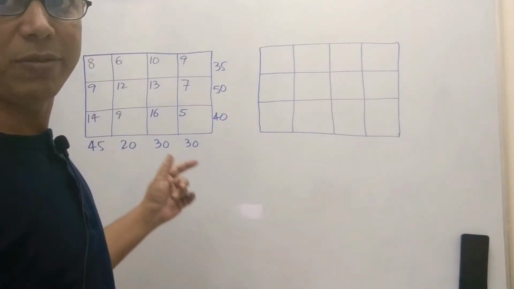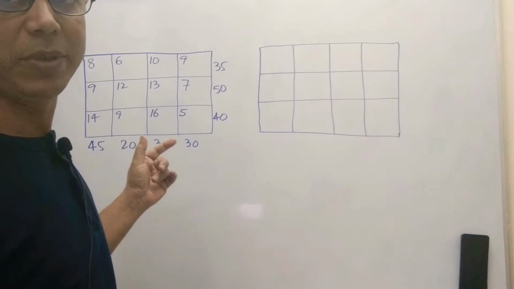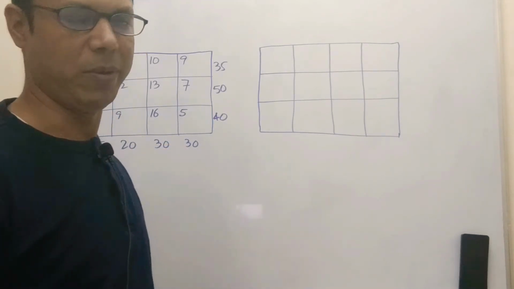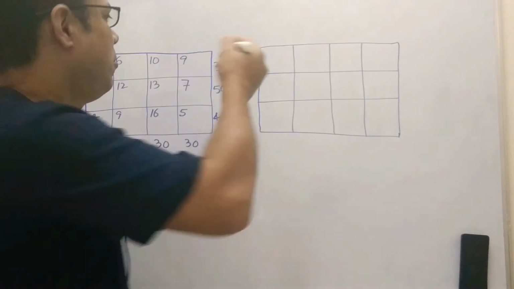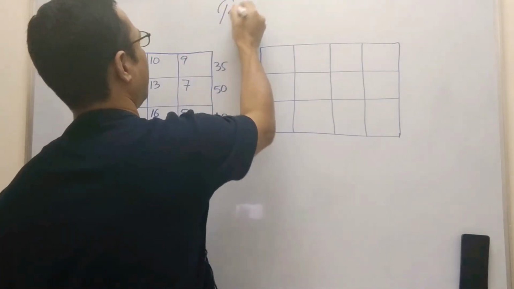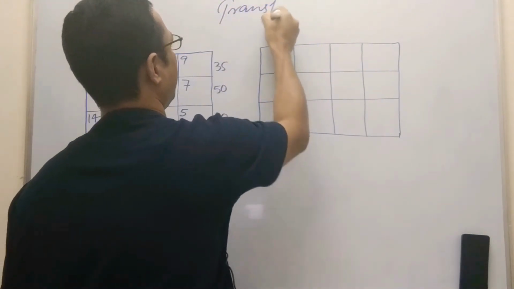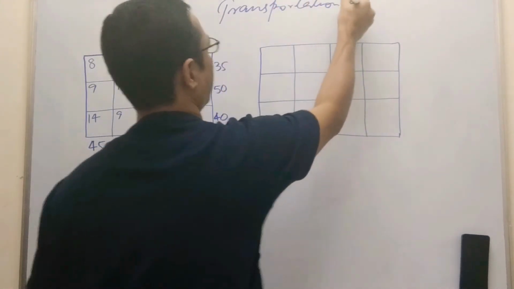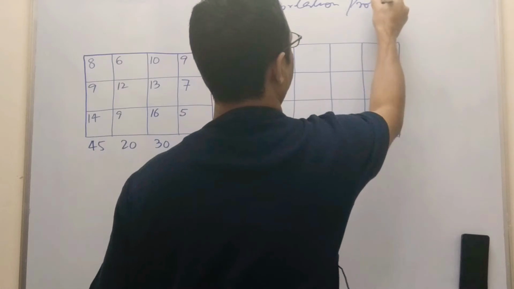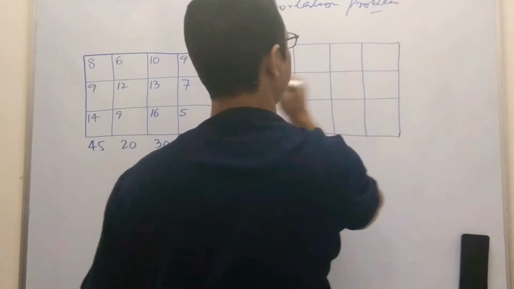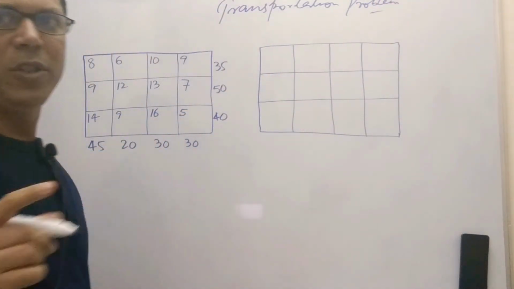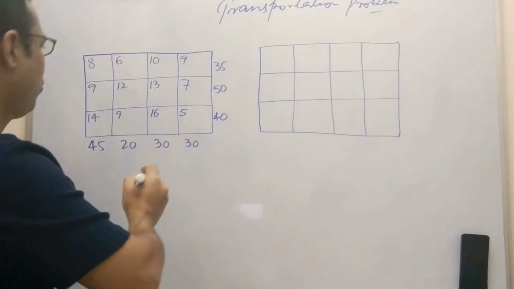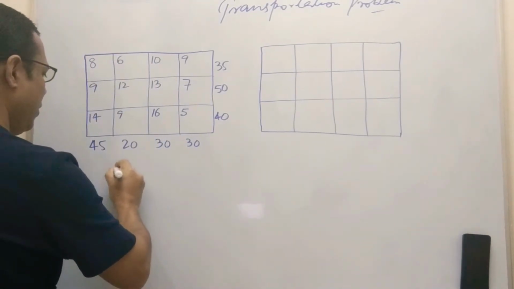But here I am going to take one example, and through this example I will explain how to solve the problem by applying the transportation problem. Generally in the transportation problem, we apply two phases to solve these types of problem. First phase: to find the initial basic feasible solution.